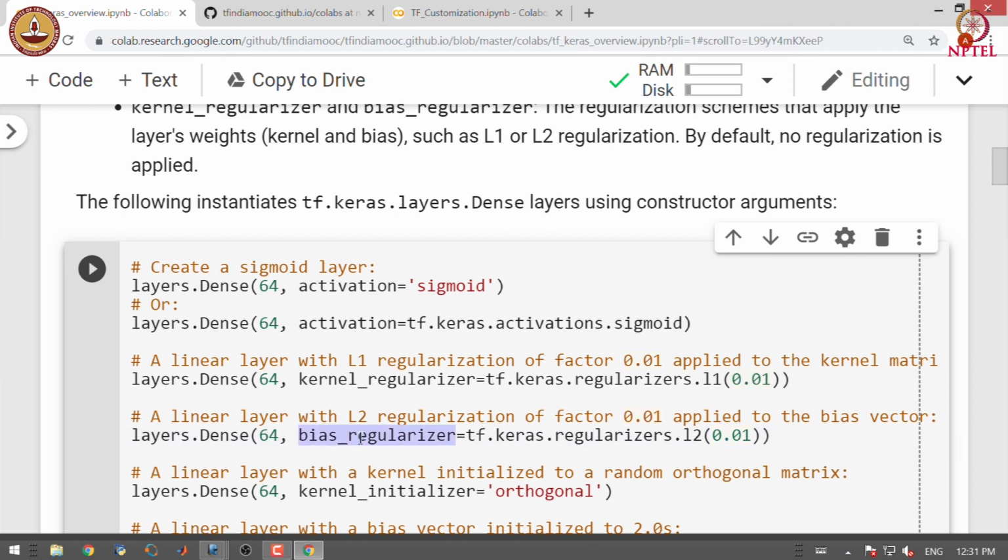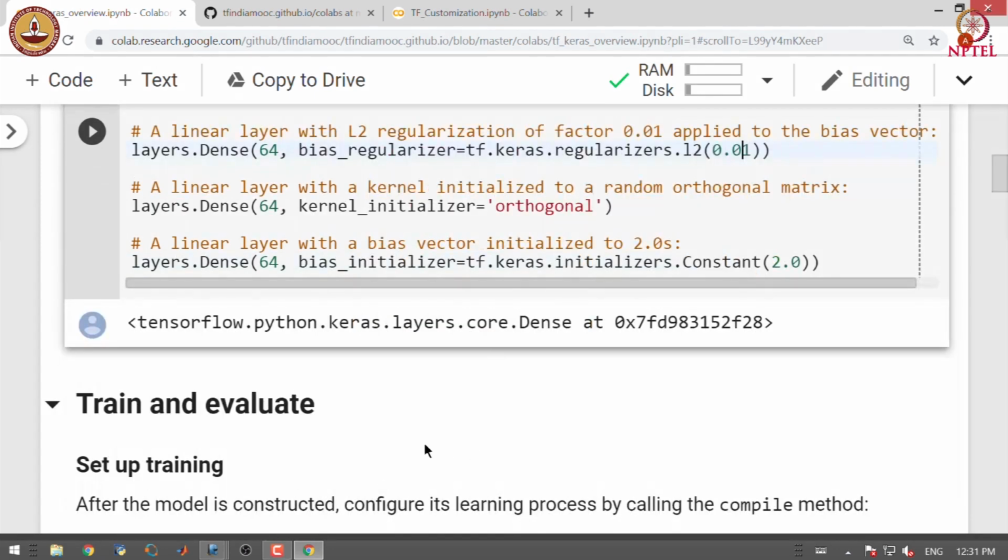Here we are adding a bias regularizer, which is an L2 regularizer with a factor of 0.01. We can also define the weight initializer to be orthogonal in this case. We can also initialize the bias in the layer.